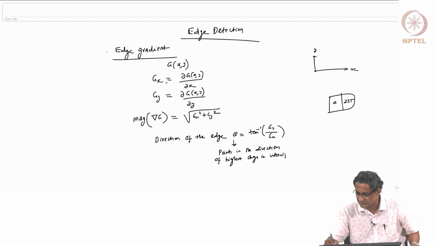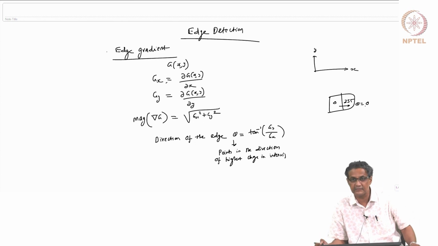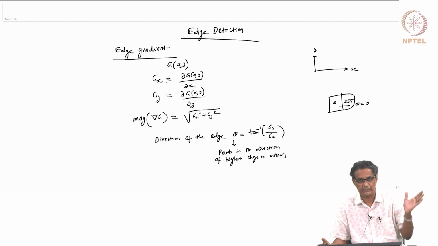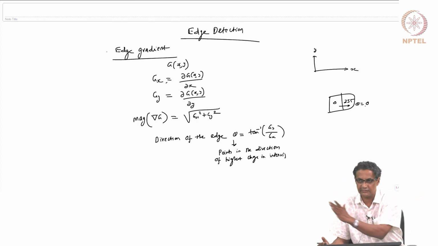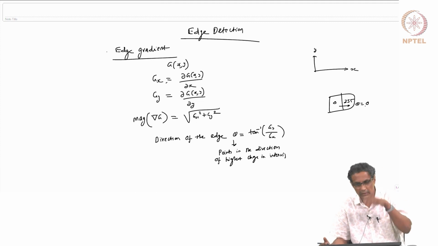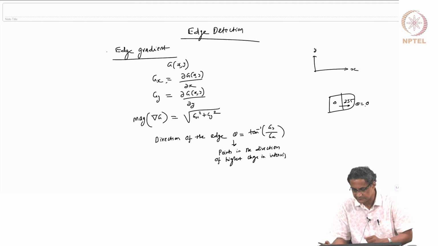So for example, in this case you will have a theta which is 0 degrees, because along y you don't have a variation at all. So it's like gy is 0. Because the edges, there's only a transition along x as you move. Along y, it's all 0 or it's all 255. So you have a gy which is 0, and then you have a gx, and therefore theta is